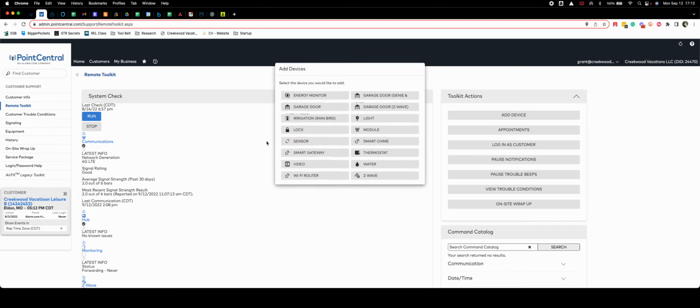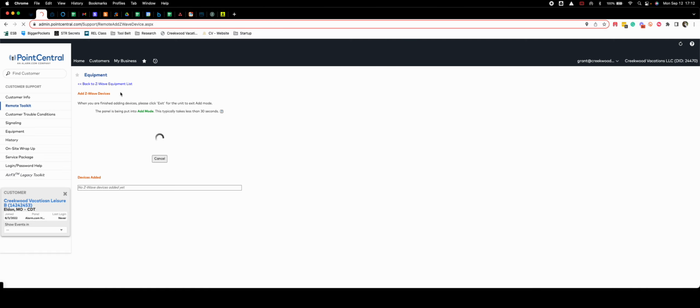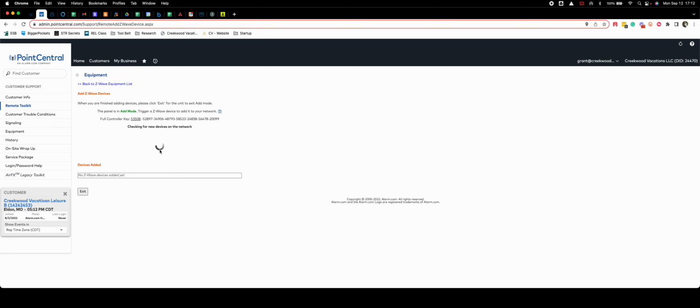You would click Add Device, click on Z-Wave because these are all Z-Wave devices, and then you would select Start Z-Wave Add Mode. You would hear the beep, like my hub will probably do here. You'll hear it. And then you would put in the activation code, put it in activation mode, which will be in another onboarding video. But for locks, it is make sure the door is locked, hit the gear key,